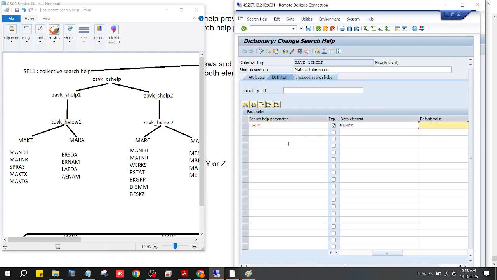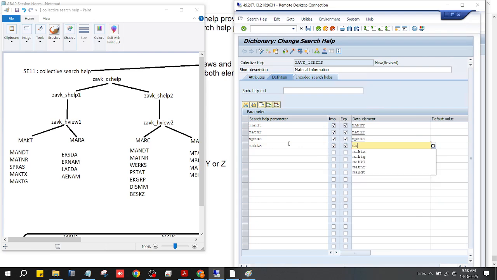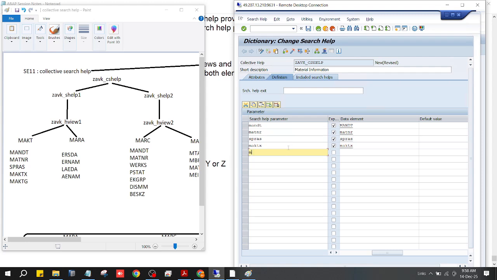okay, MATNR and import export MATNR. Next, SPRAS, import export SPRAS. Then MAKTX, import export MAKTX. Okay, what next? MAKTG, import export MAKTG. So next,